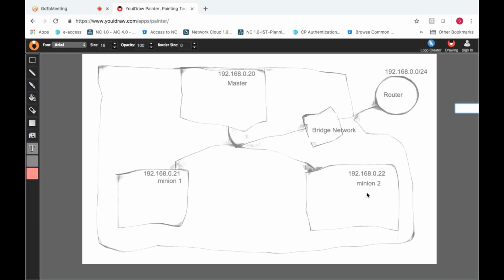Now what packages will we install on the master, and what packages will we install on the minion nodes? In Kubernetes, this is called the master, where we will control all the things. No need to log into the minion nodes. Everything we will control from the master itself. Just like we use Docker Swarm, from the master itself we control all the machines. Similarly, we use a single platform to communicate to all the machines, which is called a cluster. And Kubernetes is called orchestration.